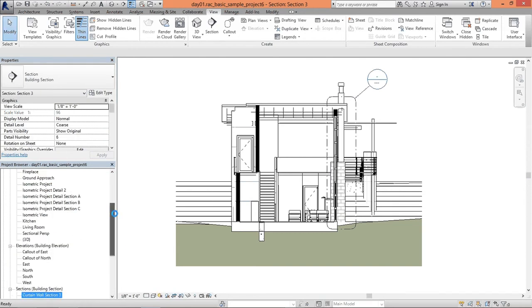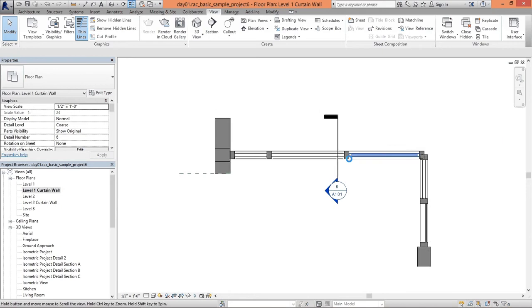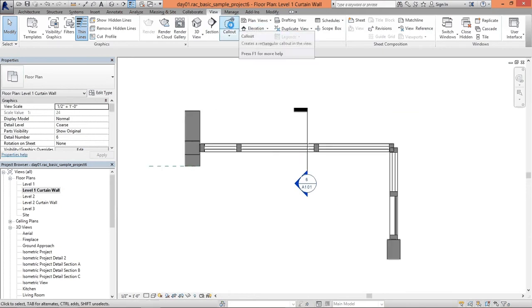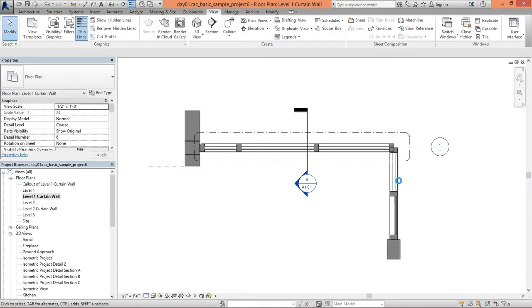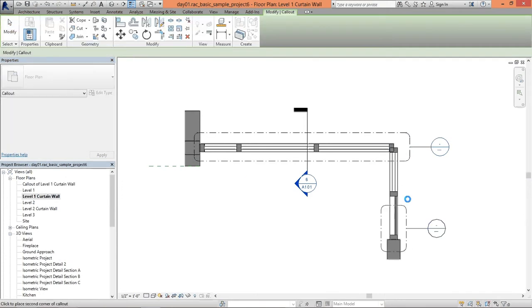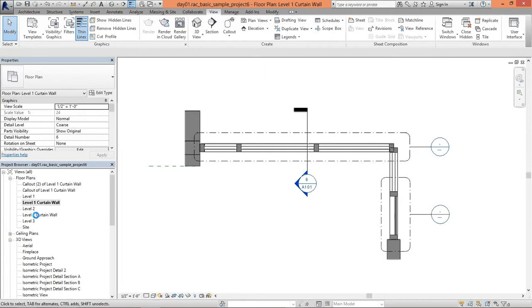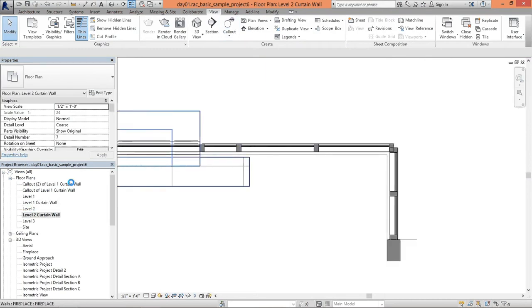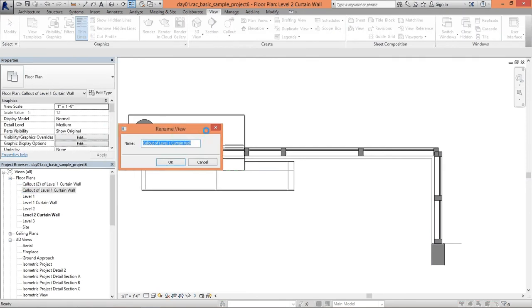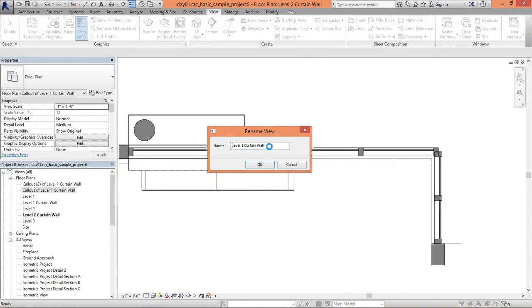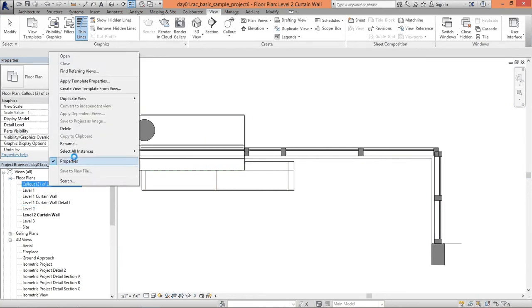And I'm going to do something similar to the callouts of our plans. I'm just going to go and say callout. There we go. Nice. And callout. Nice. Actually, I'm going to rename before I do the same for this other plan. I'm going to say right-click, rename, detail 1. I'm going to copy that. Control C, right-click, rename,